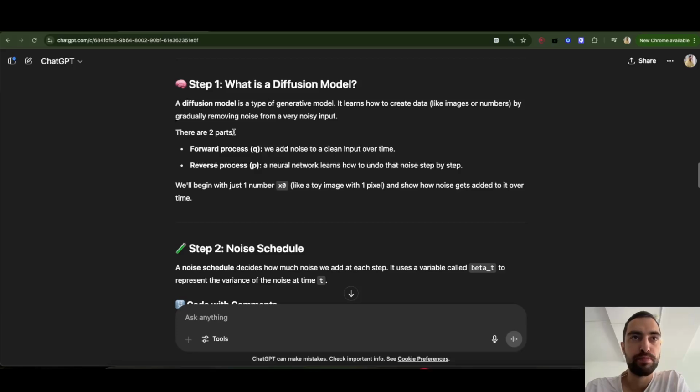So there are two parts. For forward process, we add noise to a clean input over time. So this is during the training. And reverse process, a neural network learns how to undo that noise step by step. So this is training. So we prepare. So we add noise, and the neural network learns how to go backwards, remove the noise to get the clean